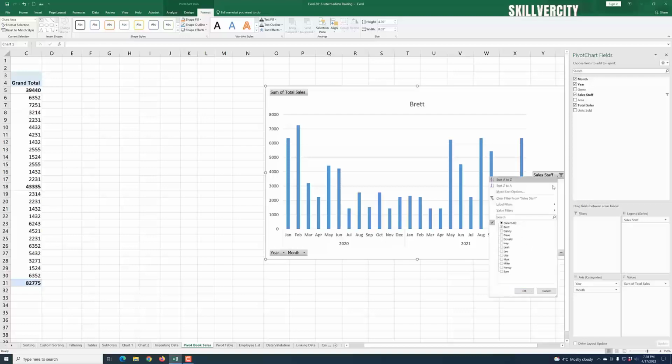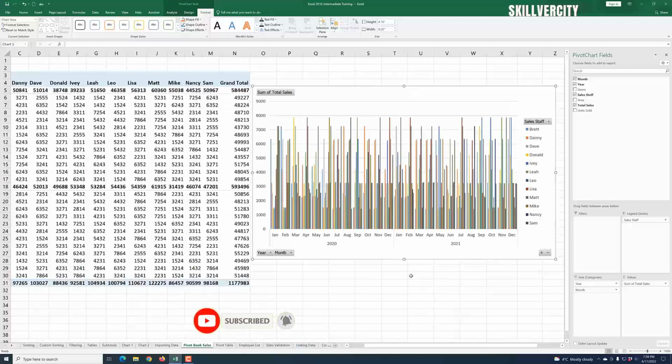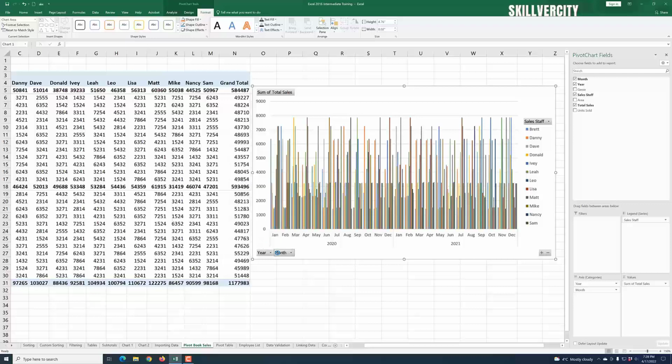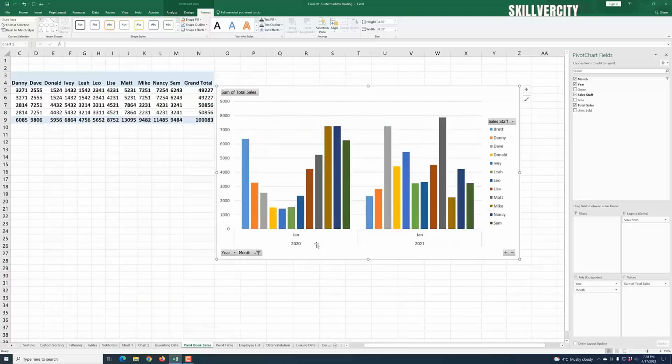Okay, so let's go back and bring back all the other guys. This comes back to us. And how about the month? We can decide to only work with maybe one month at a time. If I unselect this and then maybe look at the month of January, here we can see now that